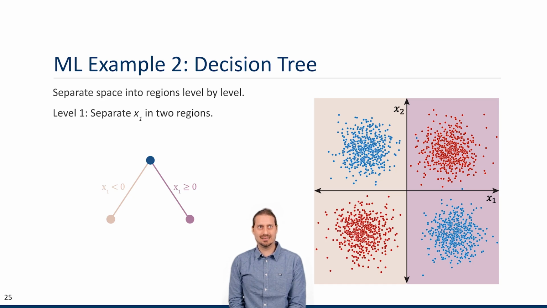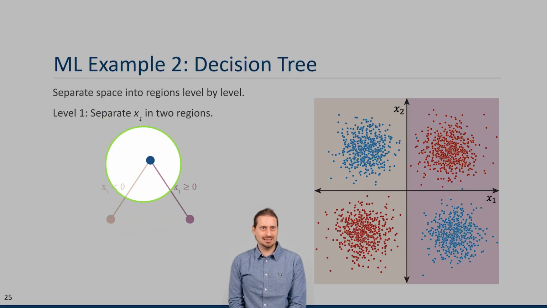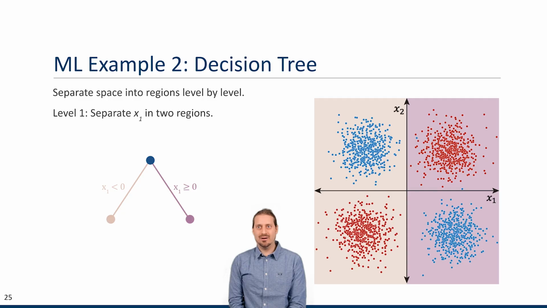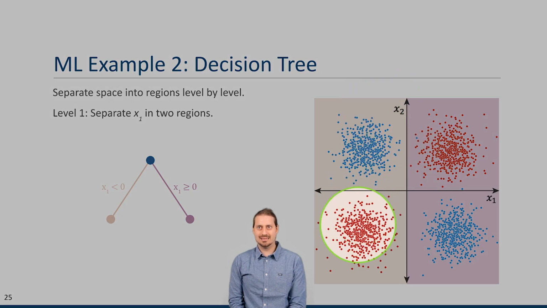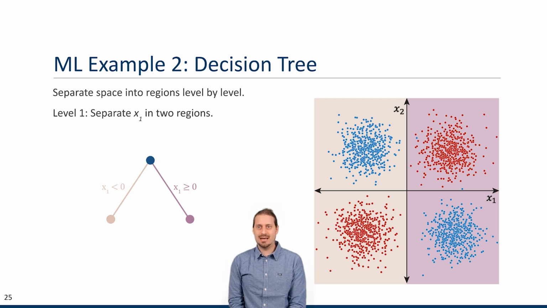So let's start here at the first level. For example, we can separate the data into a region where x1 is smaller than 0, so this would be this region, and the region where x1 is bigger than 0, so this would be this region. This is the first level, where we put all the data that's to the left into this branch of the tree, and all the data that is here to the right into this branch of the tree. Now we see that we've separated our data a bit, but of course we still cannot